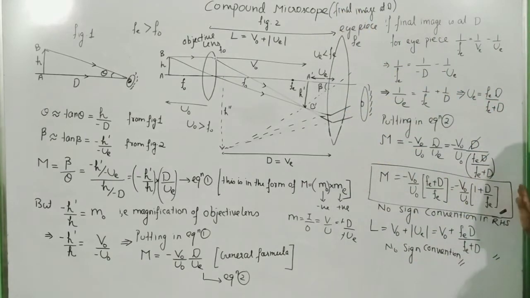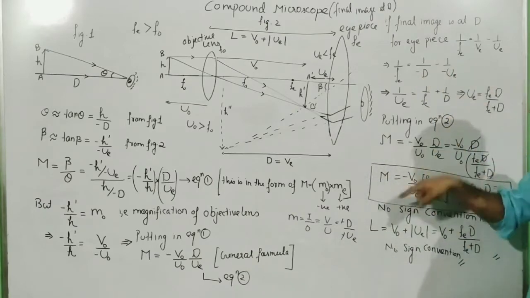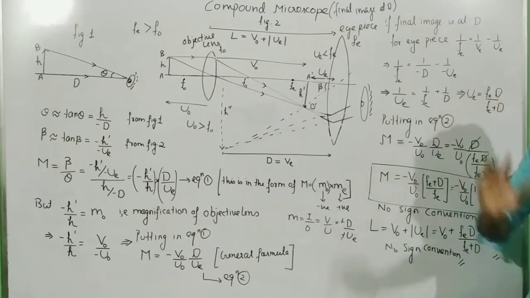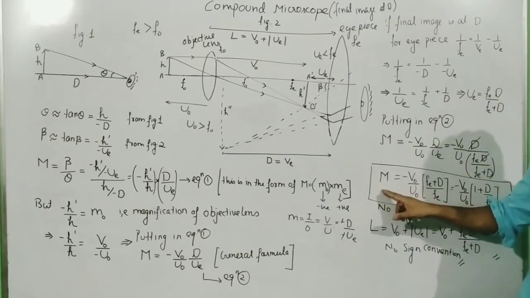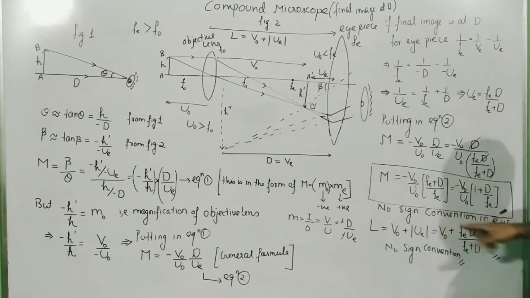And on the right hand side, we don't use any sign convention. The minus will be there, V naught, we will just put the positive value, U naught positive value with the minus sign. Okay, the minus sign has to be there because I want the magnification to be negative. As I told you, overall magnification is negative. So no sign convention on right hand side. If something needs to be found from this side, and let us say magnification is given to you, say 45, then in that case you will put the magnification as minus 45, because we know in compound microscope magnification is negative. So only in left hand side, if this data is given to you, then this data needs to be placed as negative. No sign convention in RHS.